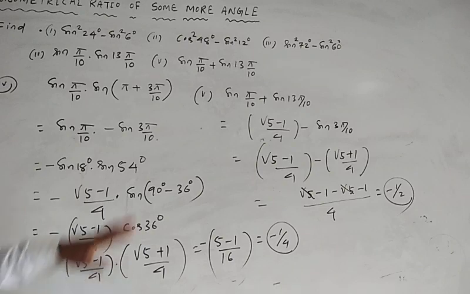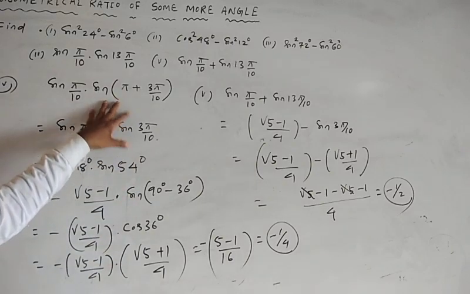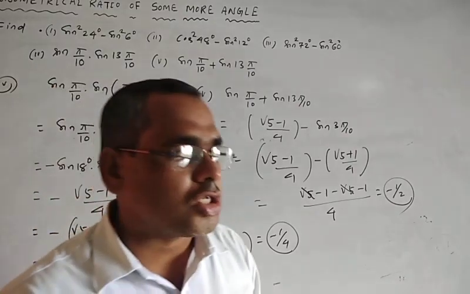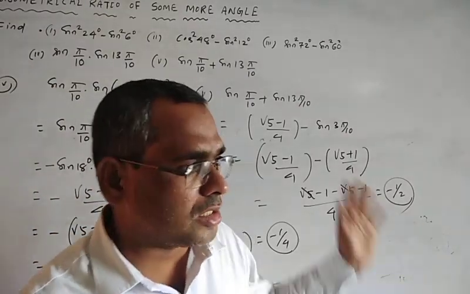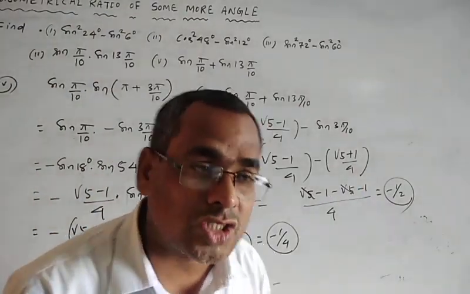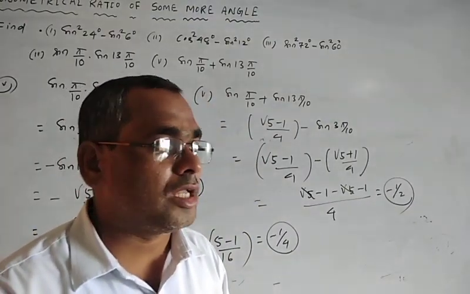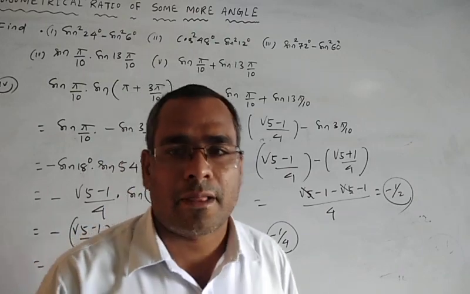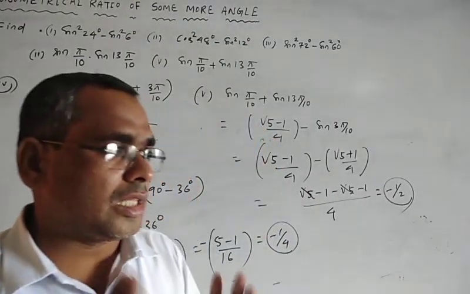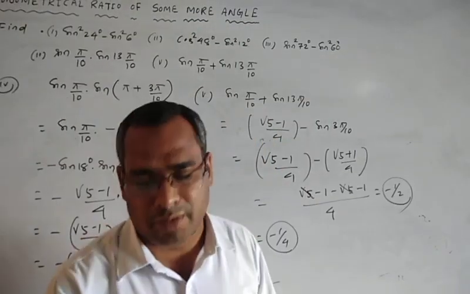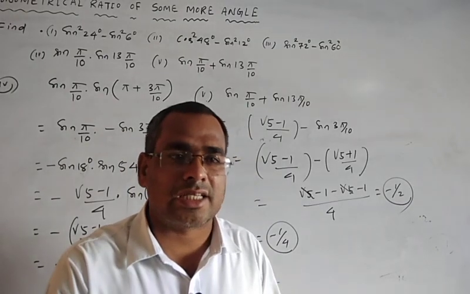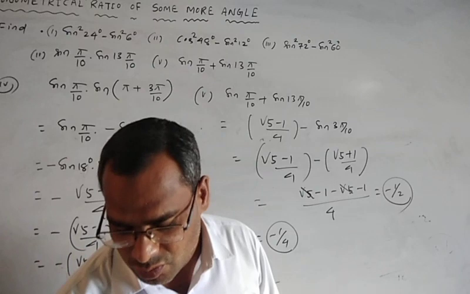So using all these concepts, these are all the formulas of compound angles. Using these properties and formulas, you can do the study material problems. In the next class we will do some other problems and another concept: the maximum and minimum value, how to find the maximum and minimum value of a sin x plus b cos x. Thank you.